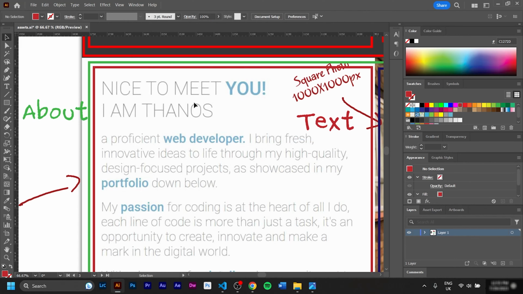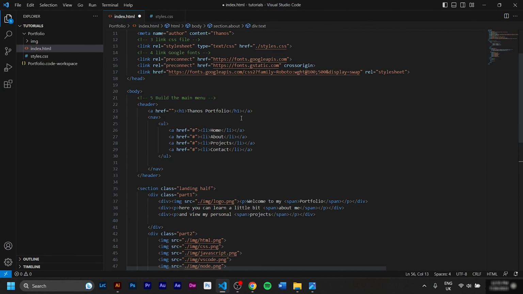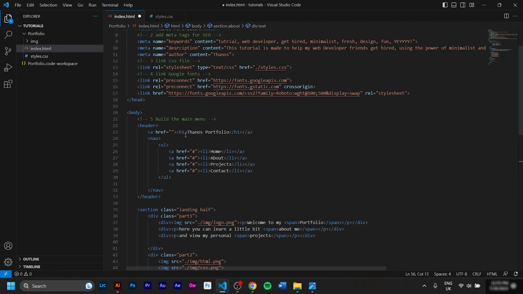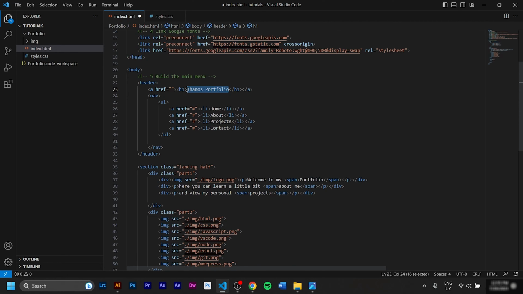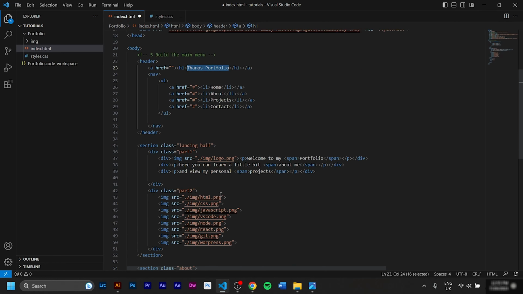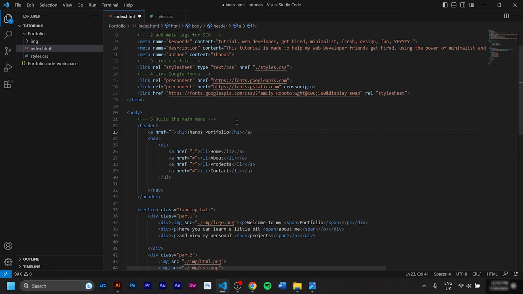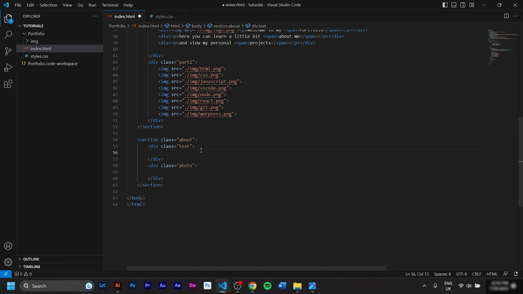Intuitively, maybe you will want to use an H1, but I have to remind you that we used an H1 up here. This was more of a best description of the site to me, so I used it here. And we can only use one H1 for every page. So if you put another one, it's going to give a red flag to search engines like Google, and it will not be good for our website. So we are going to use an H2 here, and we'll say, nice to meet you, I am Thanos. Underneath, we're going to use a normal paragraph.